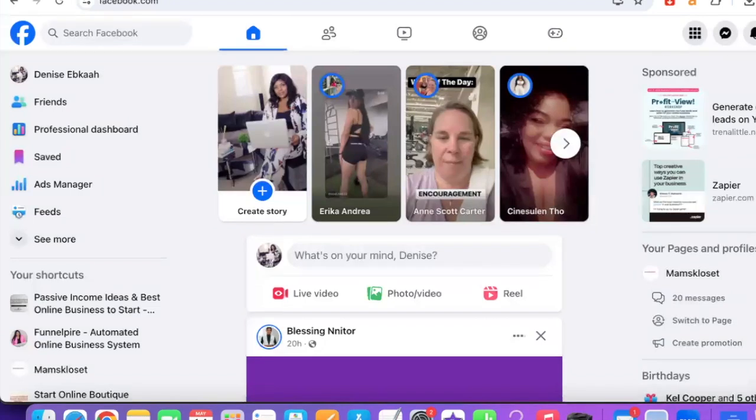Now, you can do this on your personal profile if you wanted to, but I do recommend that you just go for a business account because you have access to more features, more tools, and more resources. And it's just a lot more professional as well. And don't worry too much about your business page not getting a lot of views.